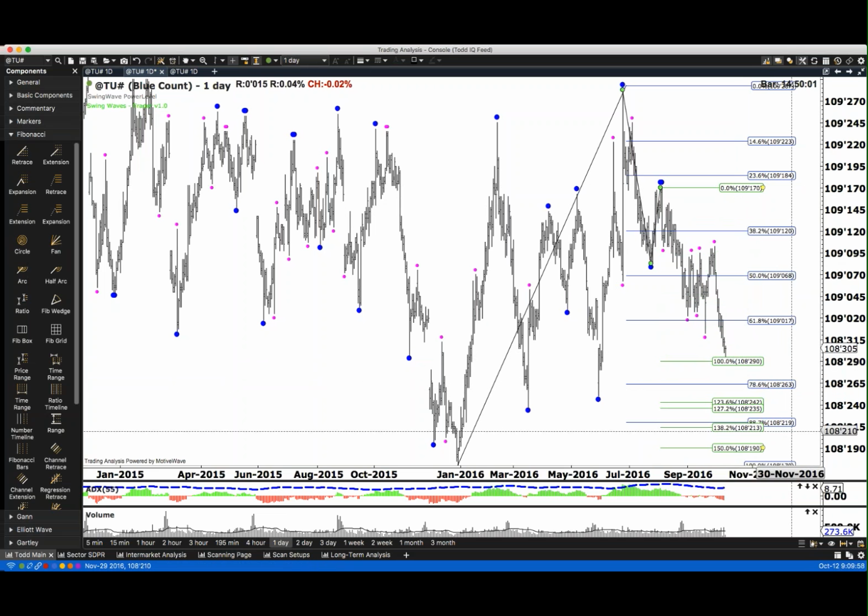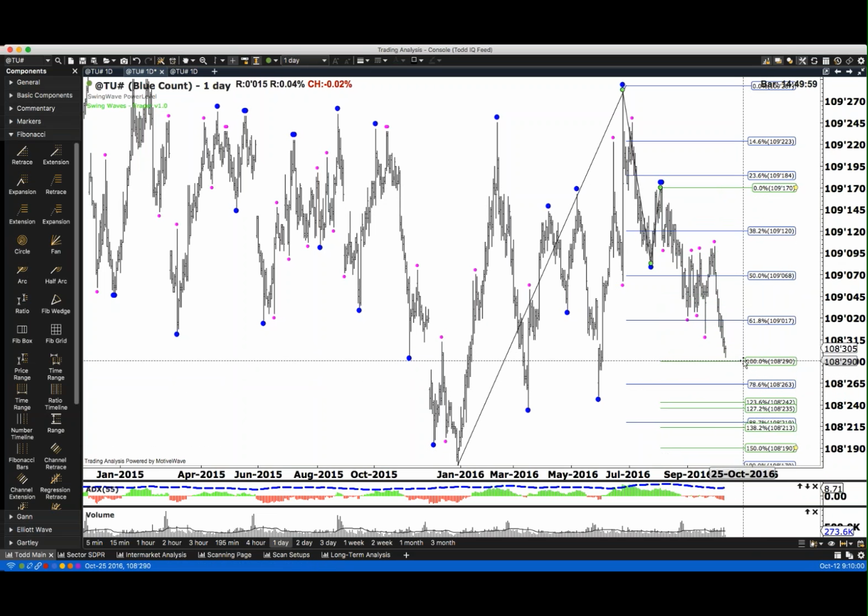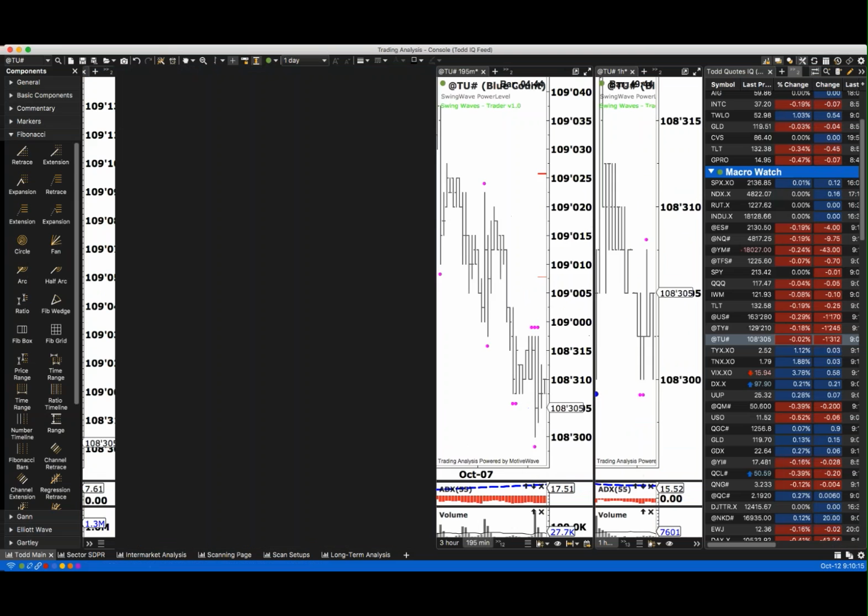Okay, so there's going to be a little bit of support here in the 2 years into 108 29/32 and 108 and 29 30 seconds and 108 and 26 30 seconds. So if you're watching those 2-year treasuries, watch for support down there. And if you start to see a bounce here from this zone, that's very much expected because that's a pretty deep Fib support area.